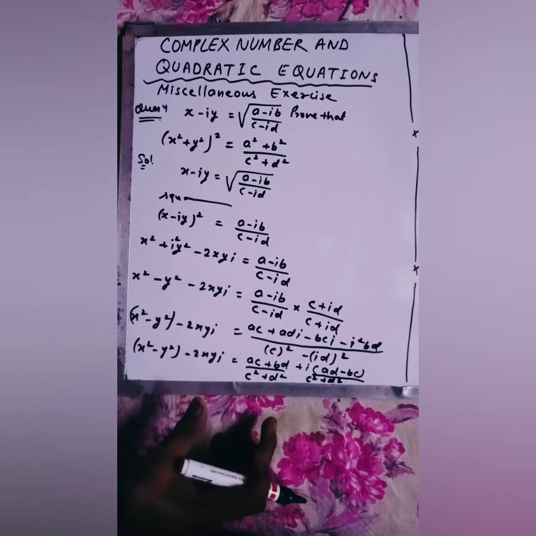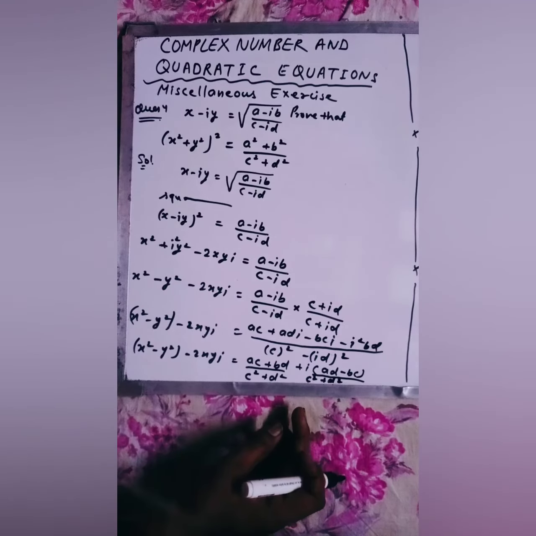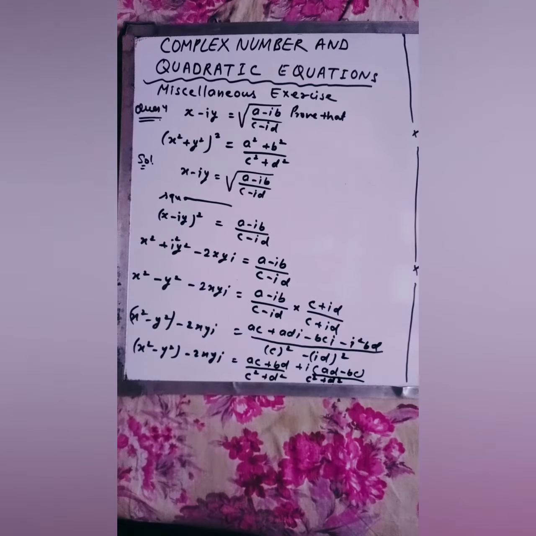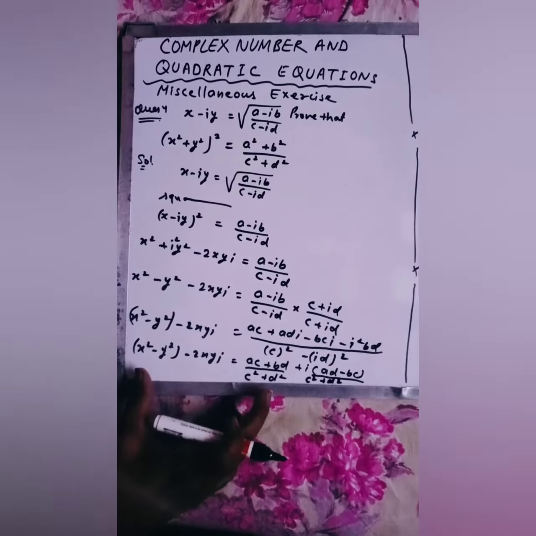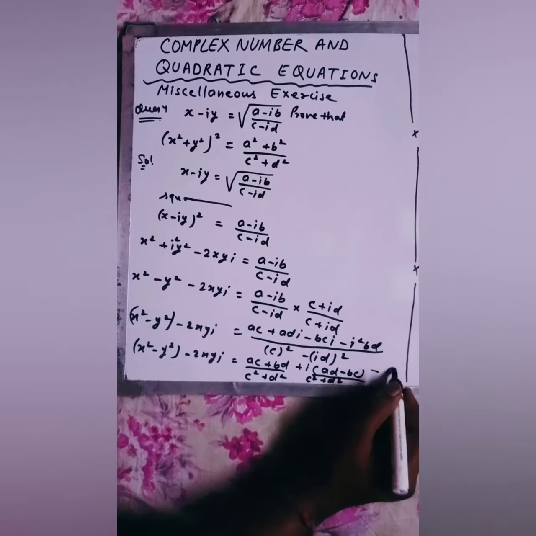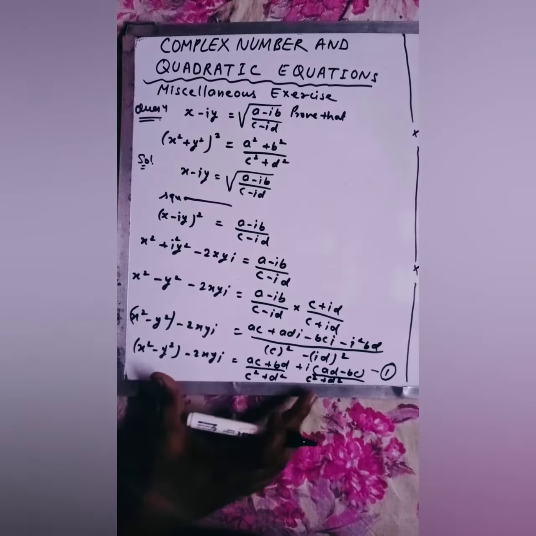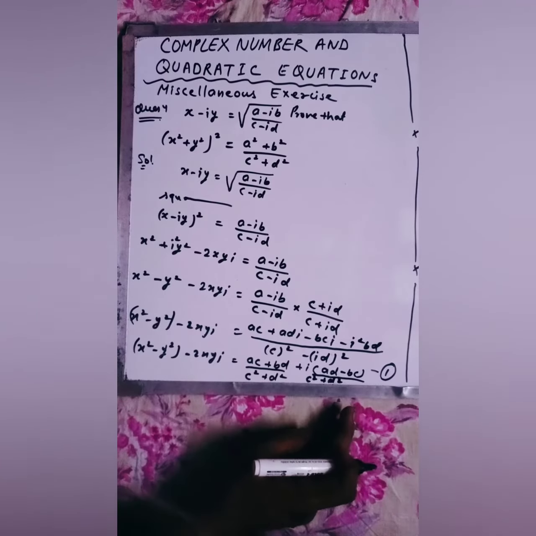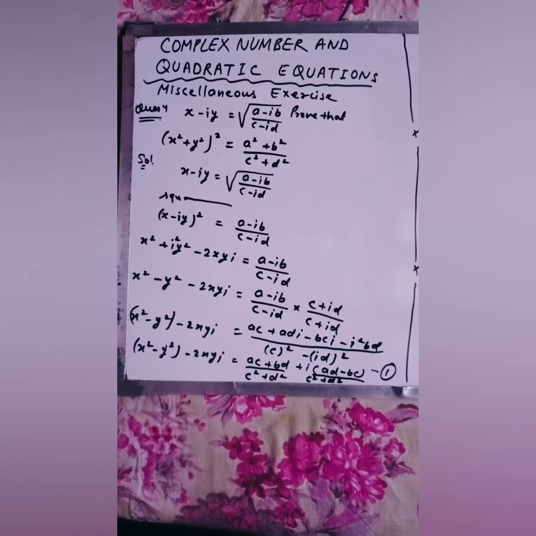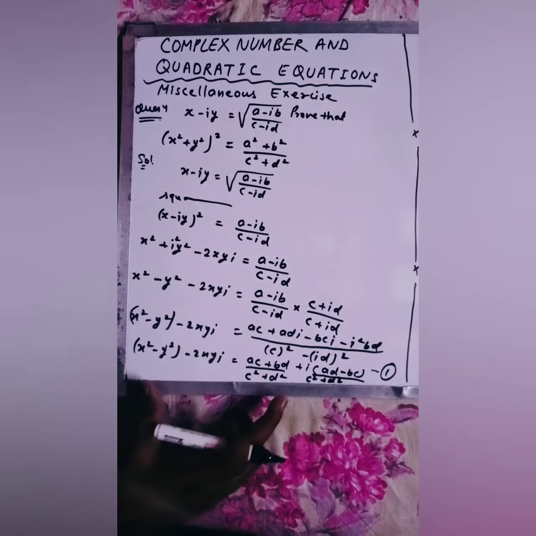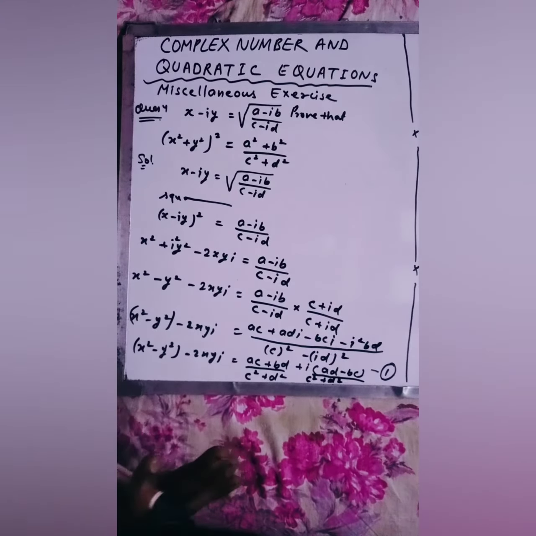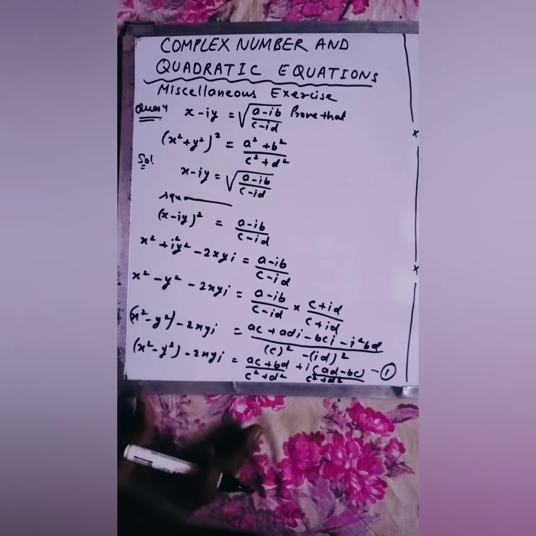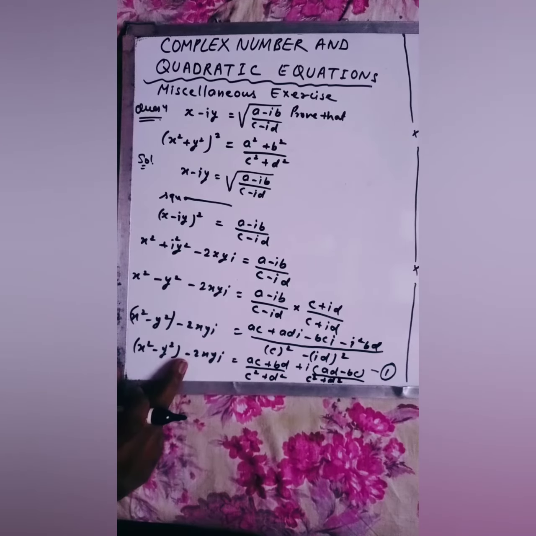Okay, in the same term you have to copy here. Okay, now this is your equation number 1. You have to mark this is our equation number 1. Okay, now in the next step you have to take the conjugate. See how can you take the conjugate? Just you have to change the sign of real and imaginary numbers.